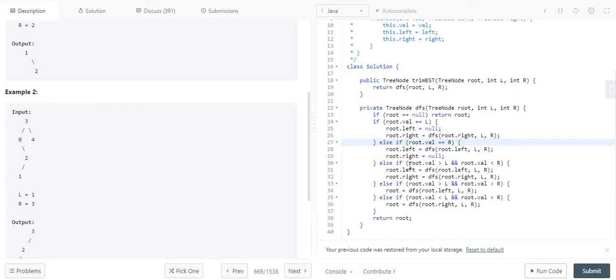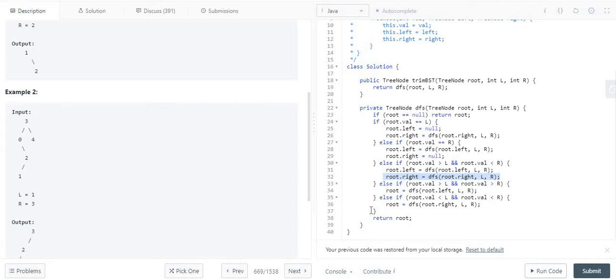If my root value is greater than the left bound and lesser than the right bound, then I have to keep the root as it is and restructure the left tree and the right tree, which can hold only the in-bound values between L and R. So root.left will form the left side tree and root.right will form the right side of the tree.